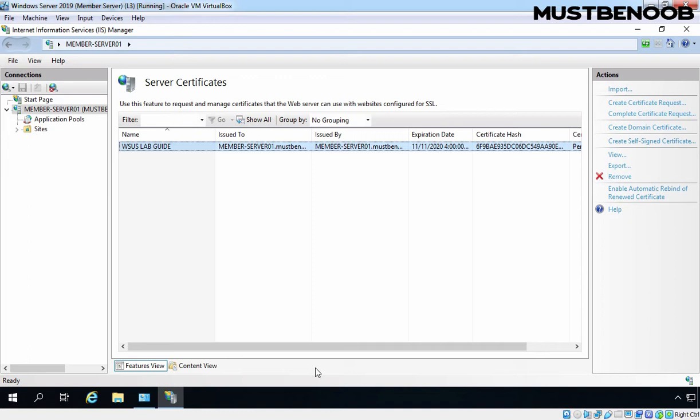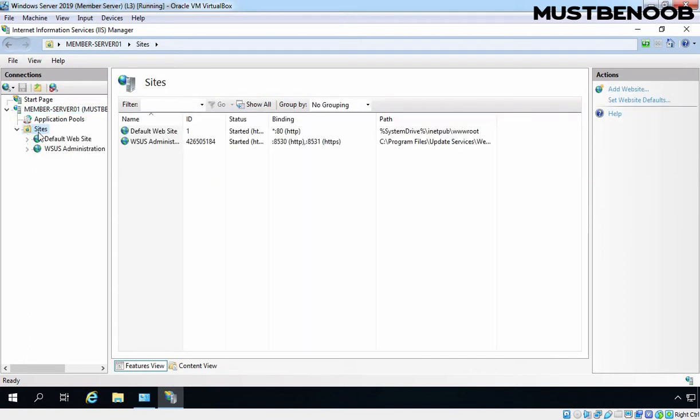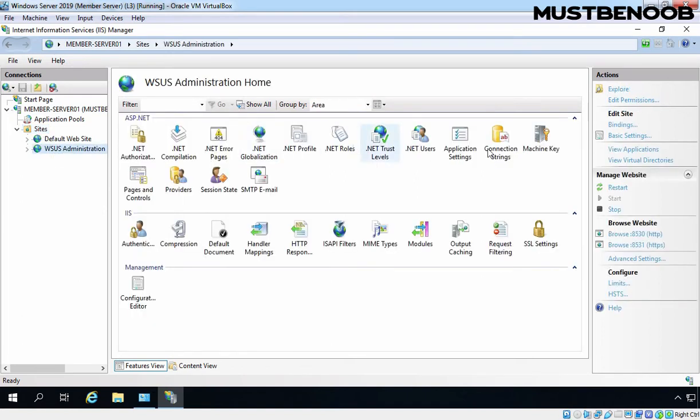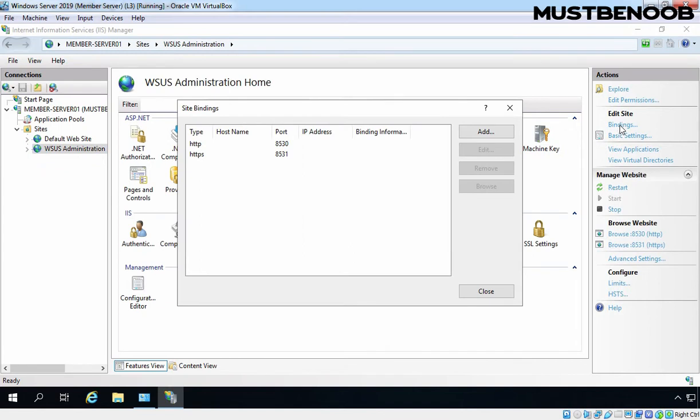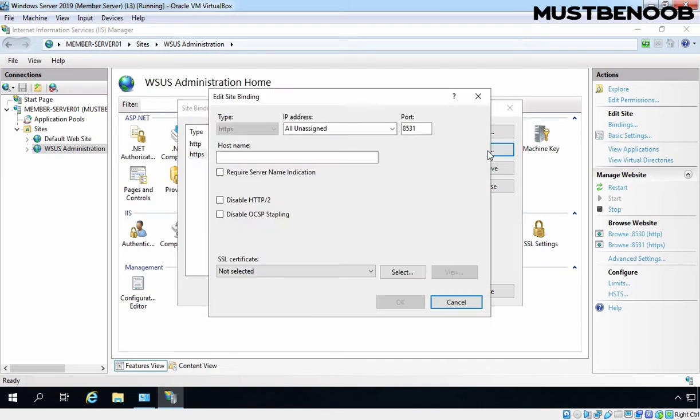to WSUS server. And for that, we need to expand Sites on IIS Manager console and then click on WSUS Administration. Let's click on Bindings. Select HTTPS. Port number there is 8531. Click on Edit.